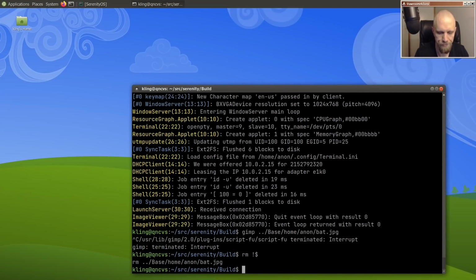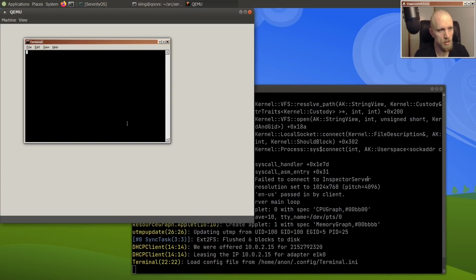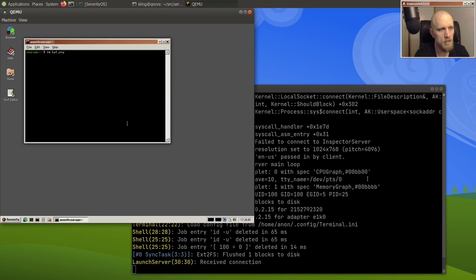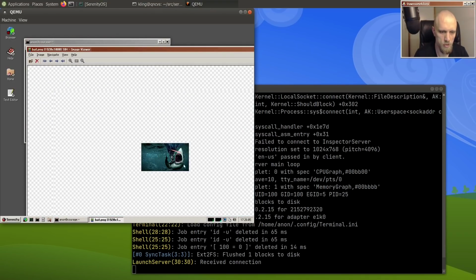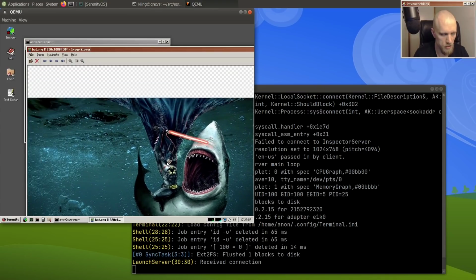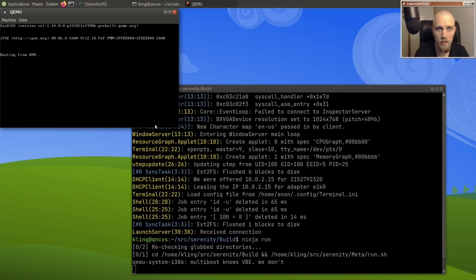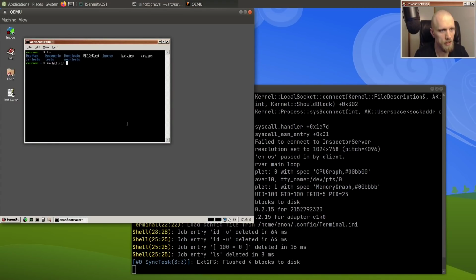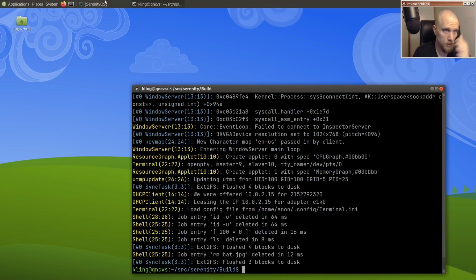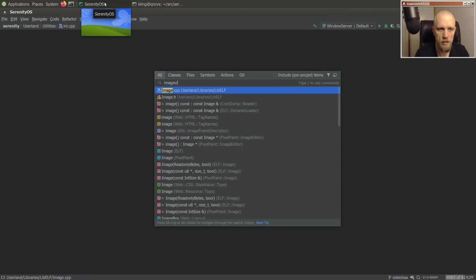Should probably do some more work on the JPEG decoder at some point. Yeah, so here's our bat. Okay, now that we have a cool picture, let's see about